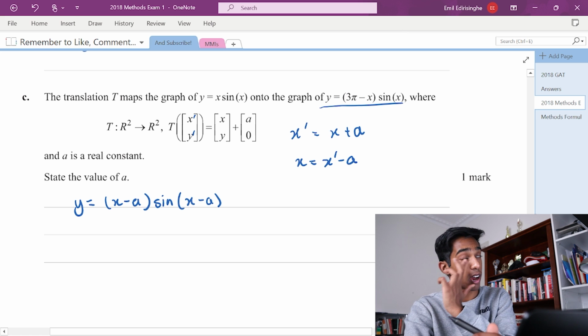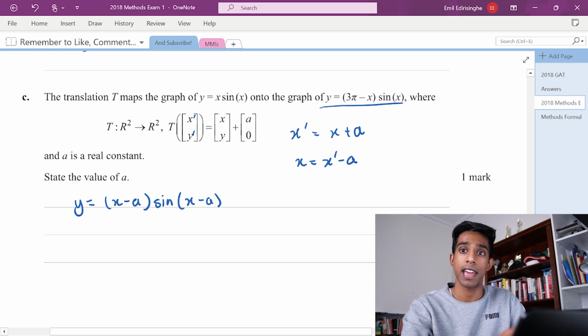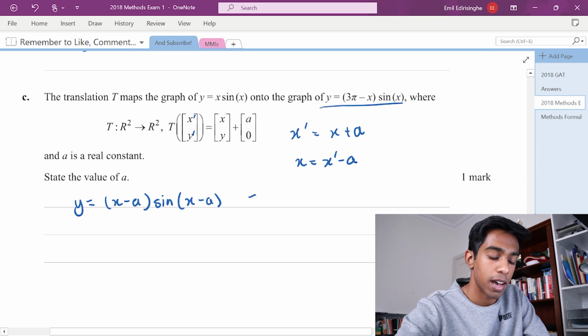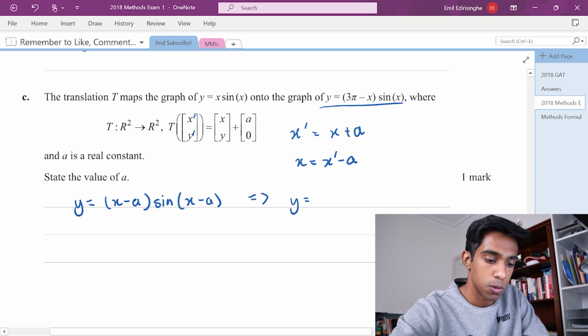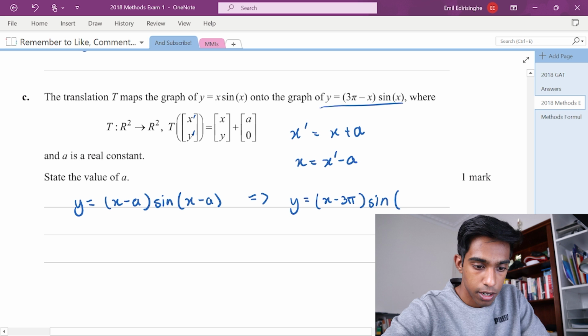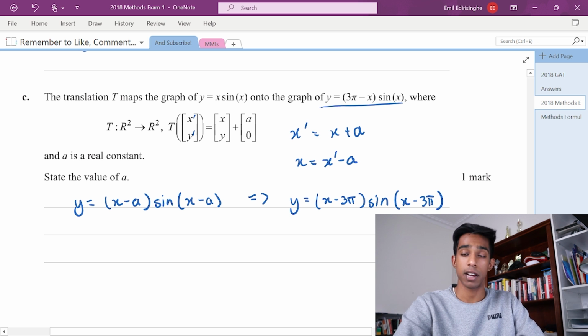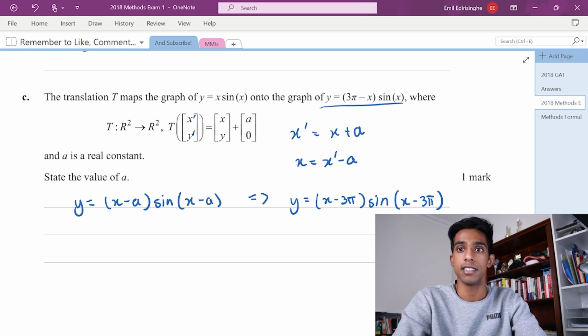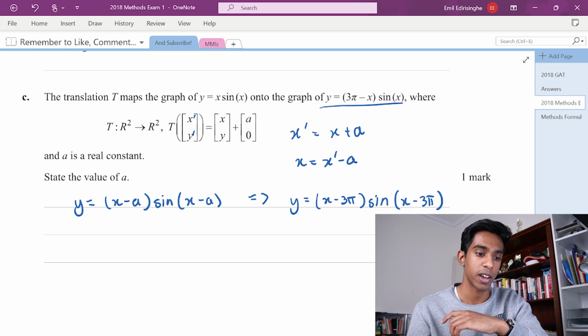So I'm just going to try and think about what happens when a is equal to 3 pi. So when a is equal to 3 pi, we get y equals x minus 3 pi, sine of x minus 3 pi. And if we think about what sine of x minus 3 pi is, that is essentially the sine equation